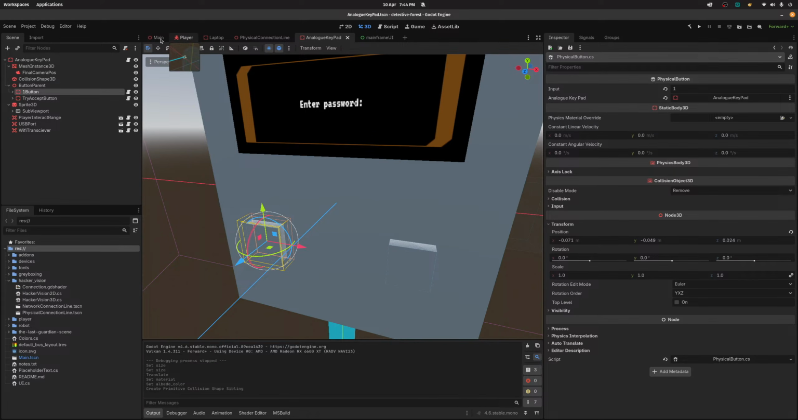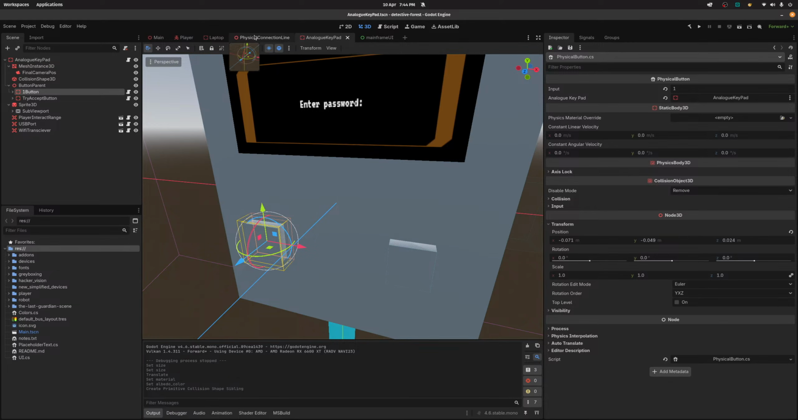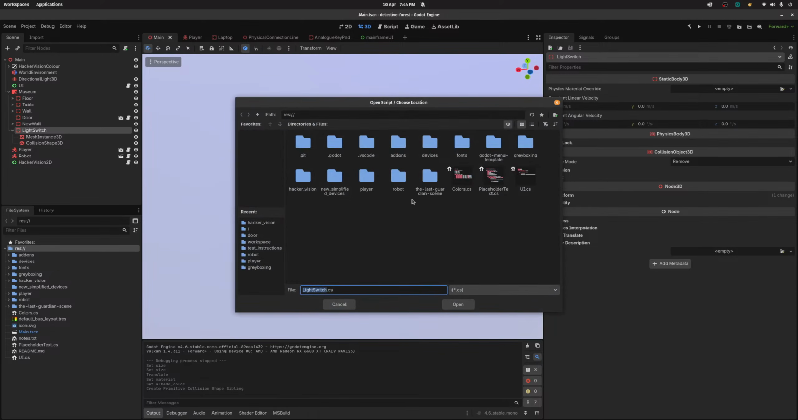So we can go exactly. I'm just going to put this in a new folder for now, and I'll reorganize it with the old stuff later on because I kind of can't be bothered. Let's just go new simplified devices. And yes, we can go to main and go to light switch, and bam, a light switch in new simplified